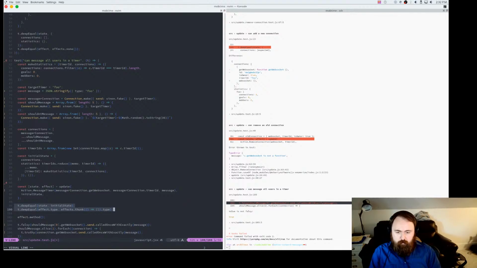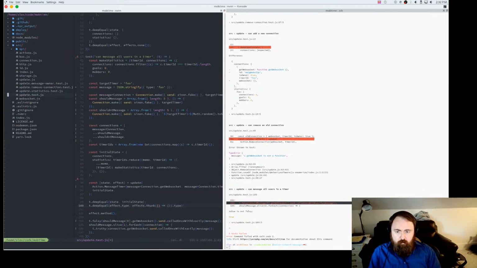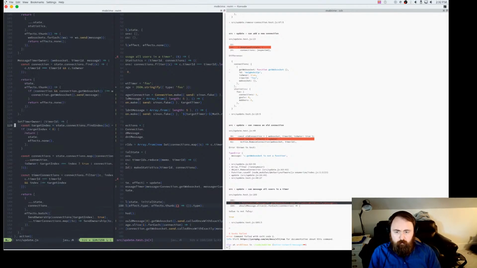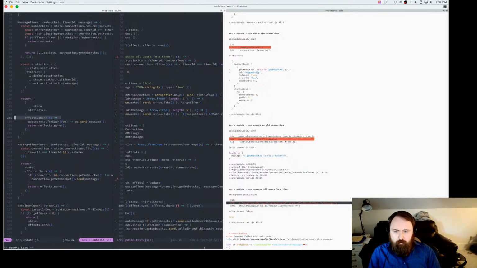First we make sure that it doesn't modify the state at all. It's not changing connections, it's not changing statistics, presumably. And we know that it should be running a thunk. If we open up update wholesale here and look at message timers, we just run this thunk. There's nothing else going on.